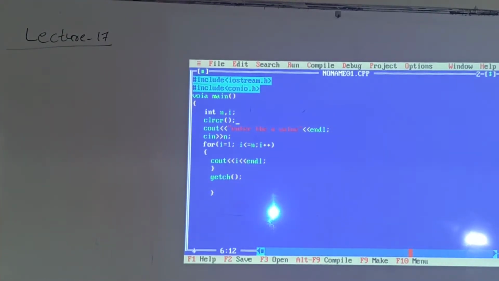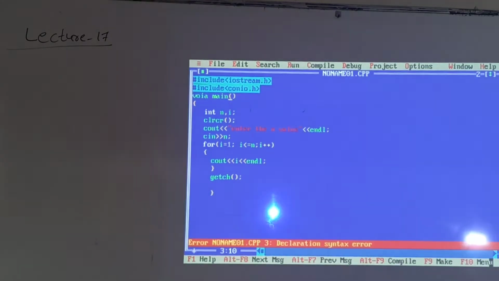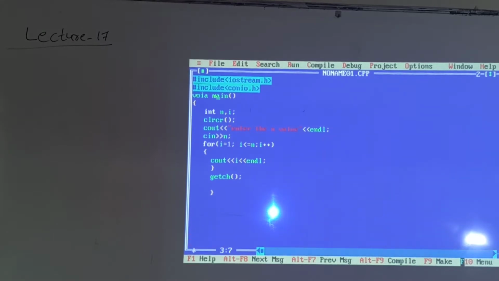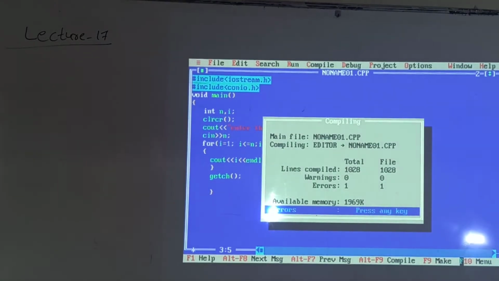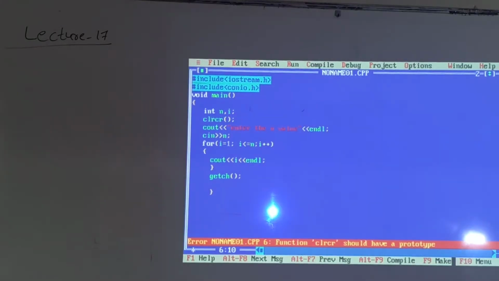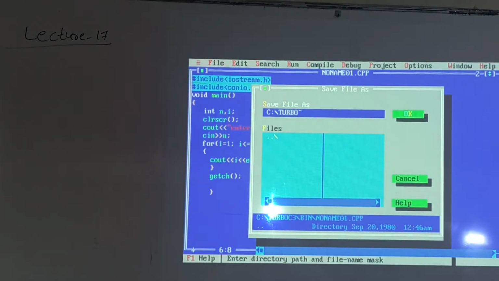Okay. So now compile. One error is there. See here, declaration syntax error. Here it is "voia", but it should be "void". Again one error: it is clrscr. Now save the file.